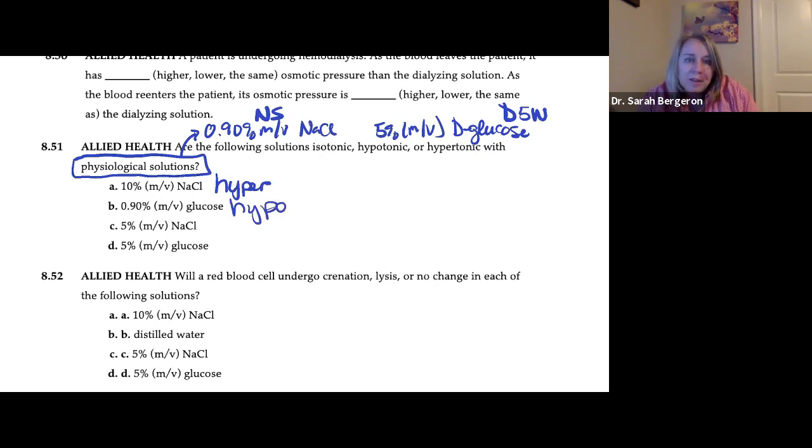5% mass by volume NaCl. Oh, that's a whole lot more. I only have 0.9 of sodium chloride. So this is going to be hyper. And then 5% mass by volume glucose. Well, that's exactly the same. So this is isotonic,